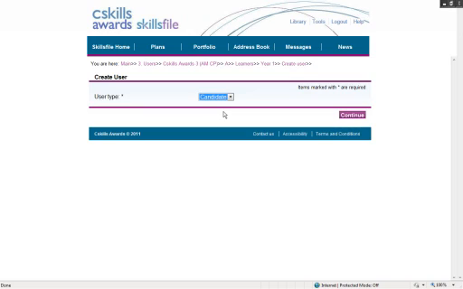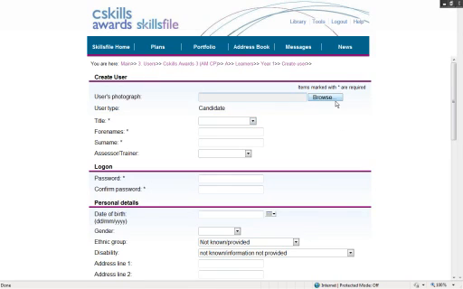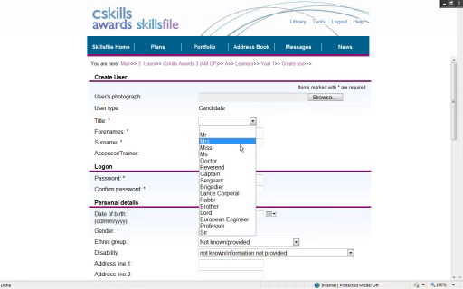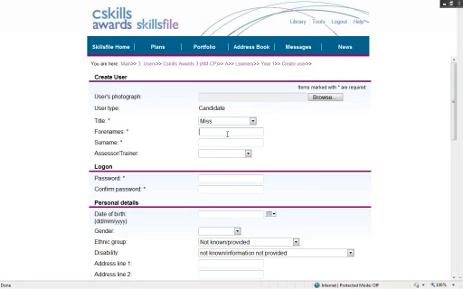If I was logged in as a verifier, it would let me create assessors and candidates if that was authorized. But always you can, if given permission, create the folder directly below you or the user directly below you. Again, that is down to whether your center gives you permissions to do so. So, candidate, continue, and here you can add a photo of the learner if you wish, but if you need to do that at a later time, you can always go back in and add that later. But for the purpose of this, let's create